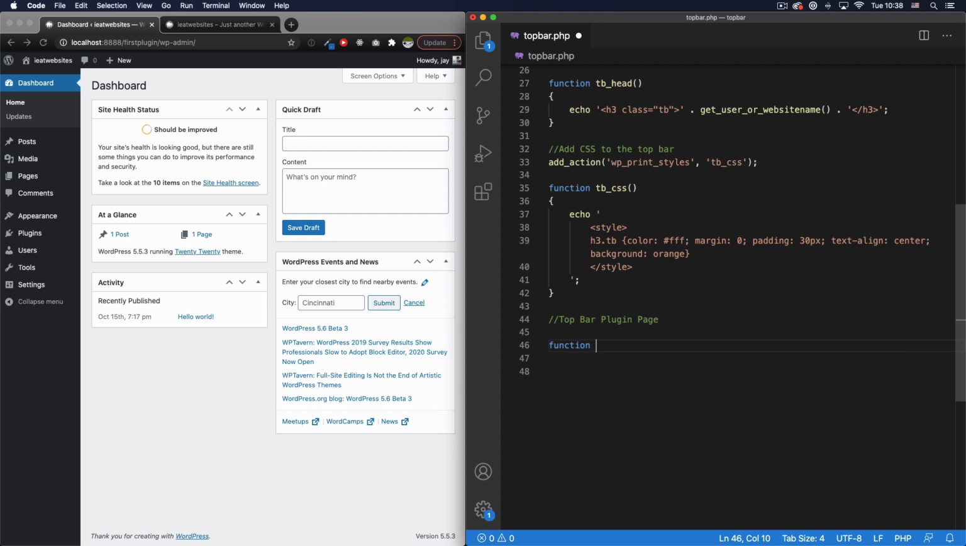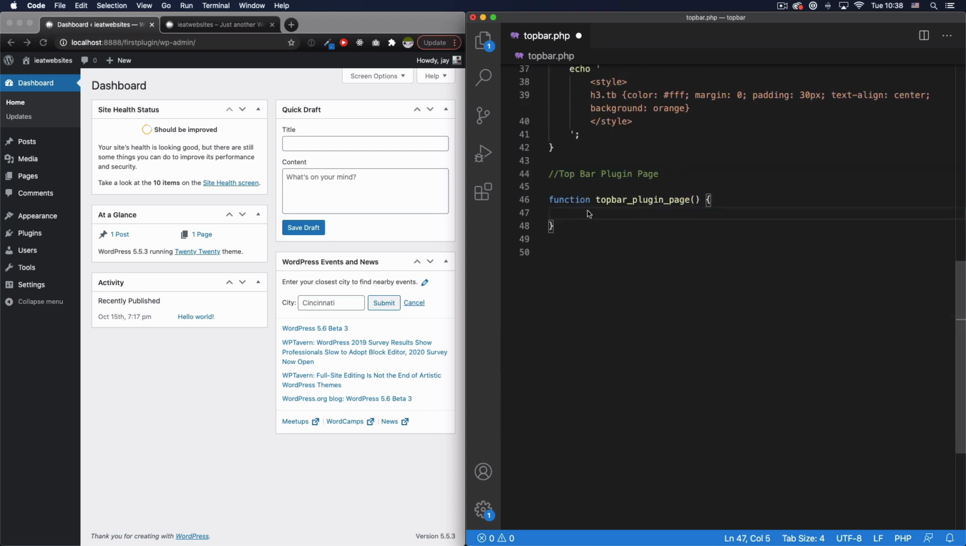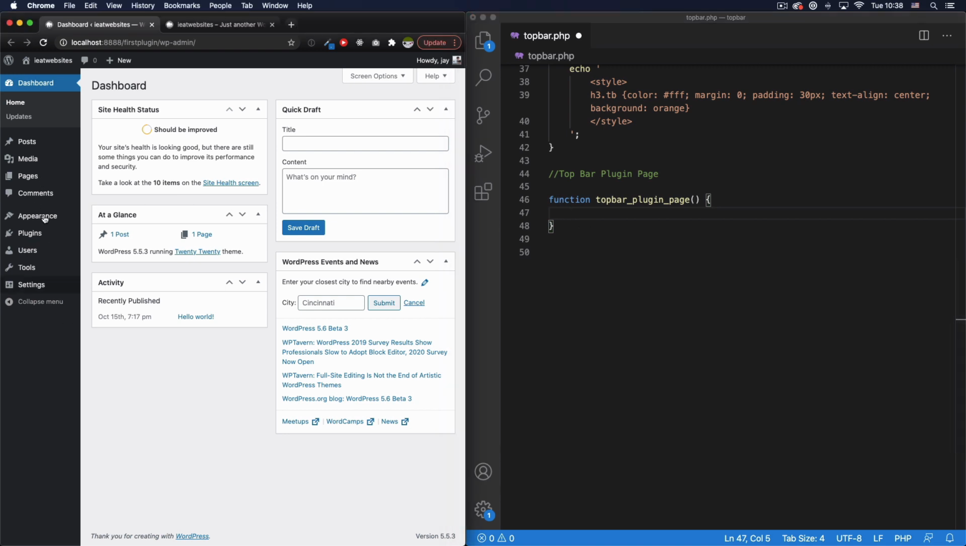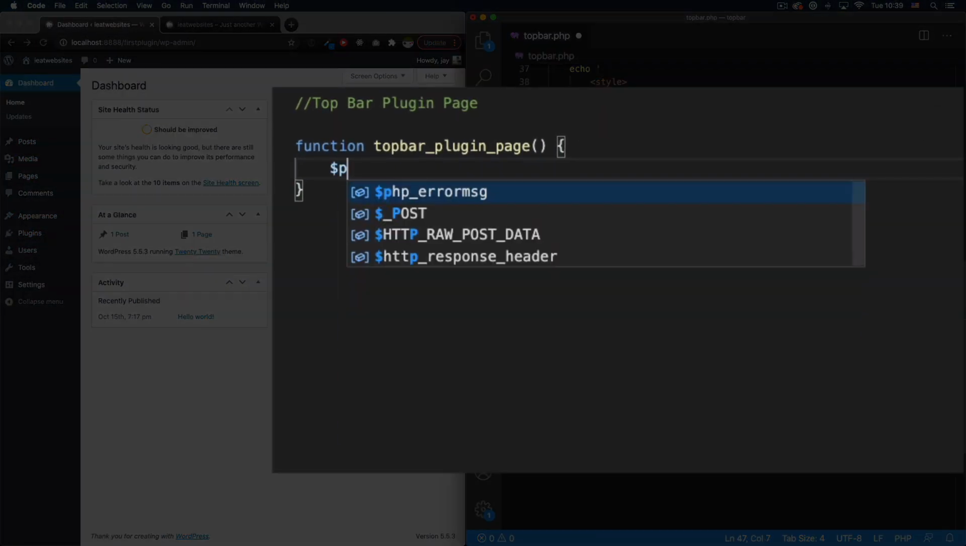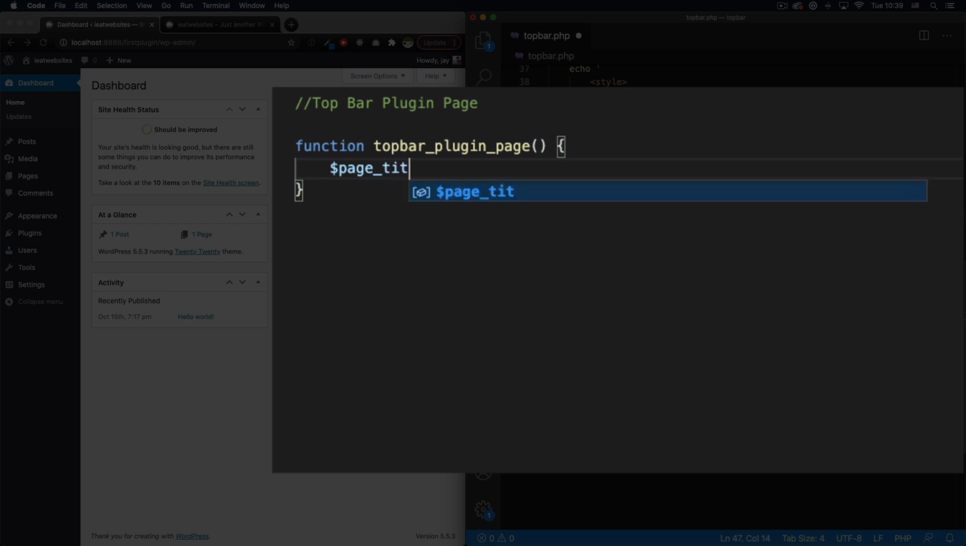And this function, I'm gonna call it top bar plugin page. It can be whatever you want. I'm gonna scroll down a little bit. And there we go. That's better. All right. So here I'm gonna create a couple variables, for example, the name, the title, the icon, all that is going to be there. So let's start by page title. It's going to be equal to whatever you want that page title to be. I'm going to call it top bar